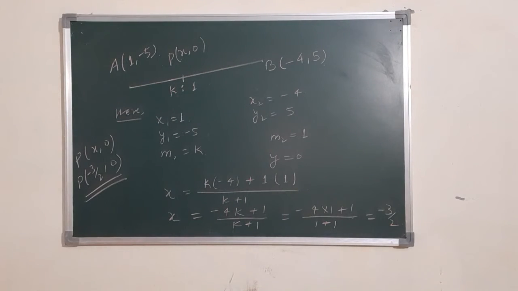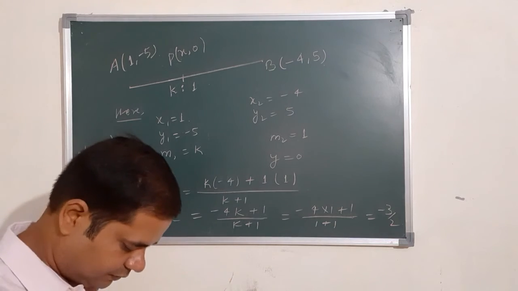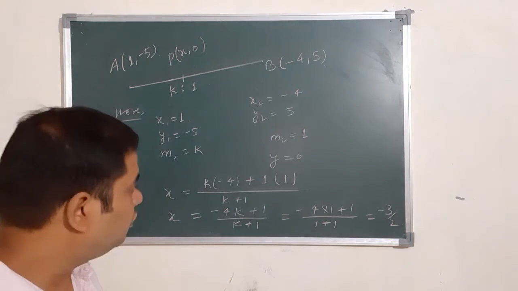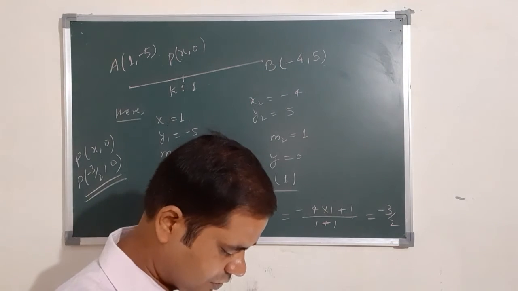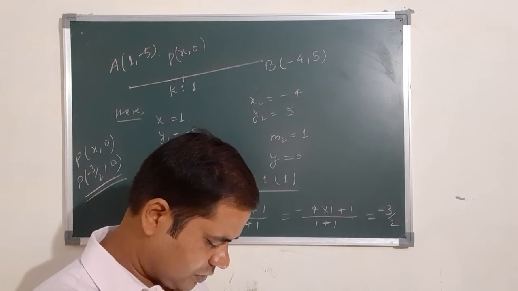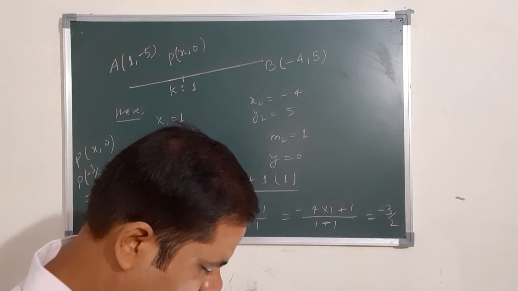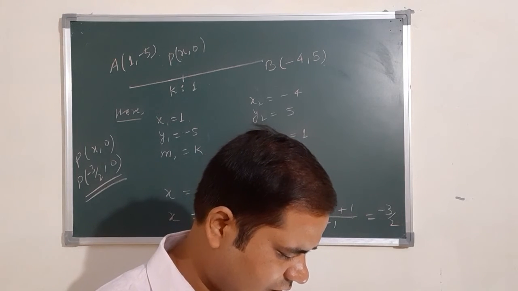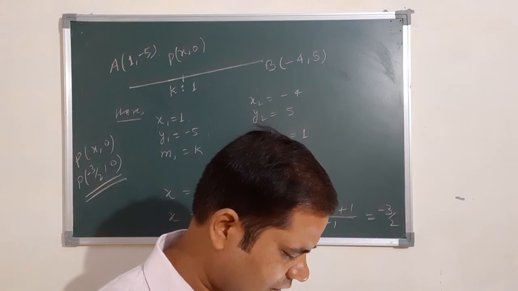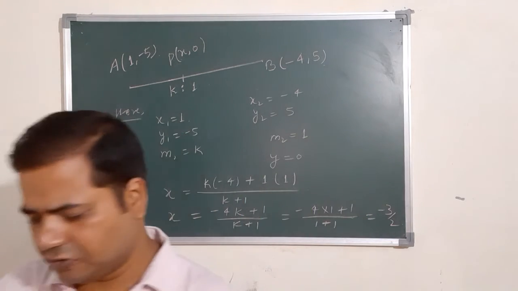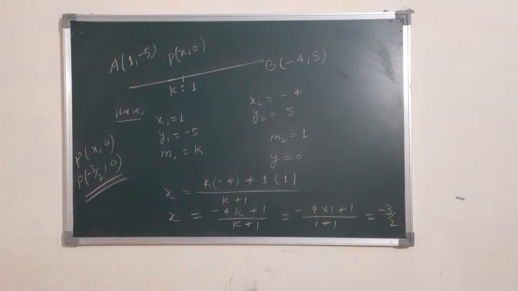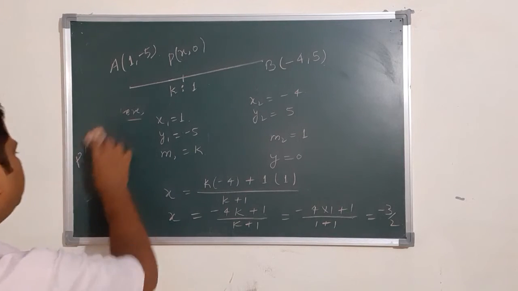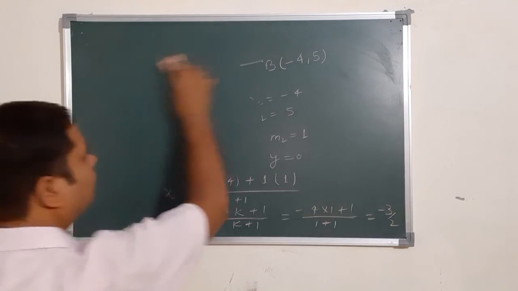Now next one, I hope you completed it. Now next one is question number 6. This is also a very good question. If (1, 2), (4, y), (x, 6) and (3, 5) are the vertices of a parallelogram taken in order, then find the values of x and y. Most important question. So see question number 6. This is the most important and very good question.